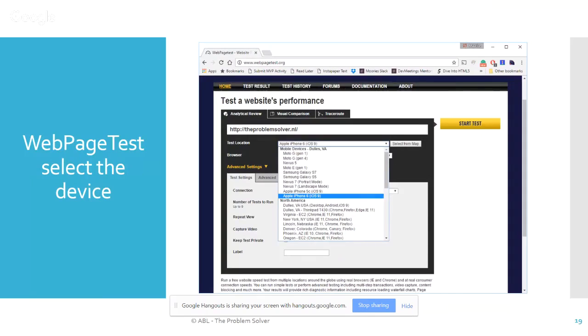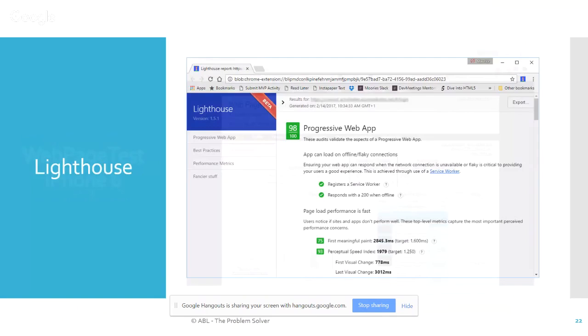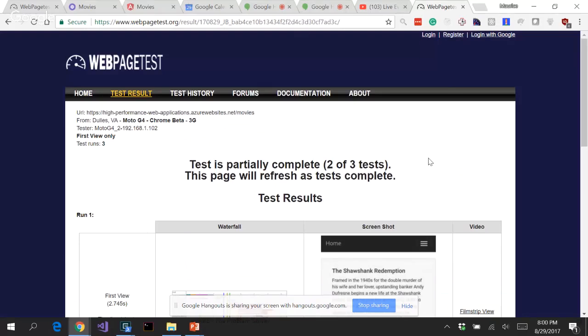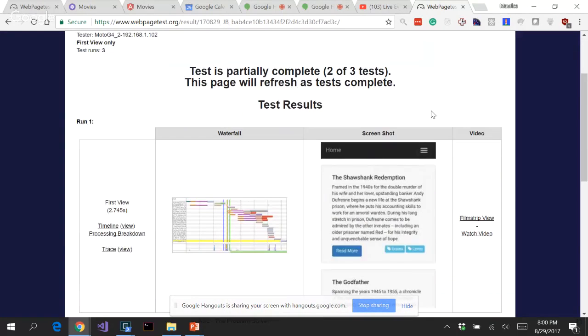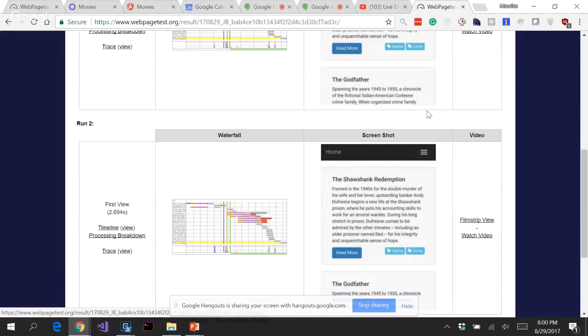So here are a couple of the settings which I just went through. The page you load. So this was a screenshot from the original Lighthouse, which I should remove from the presentation because the plugin is really no longer used. So my test was actually completed already. You kind of see the same results, and you can